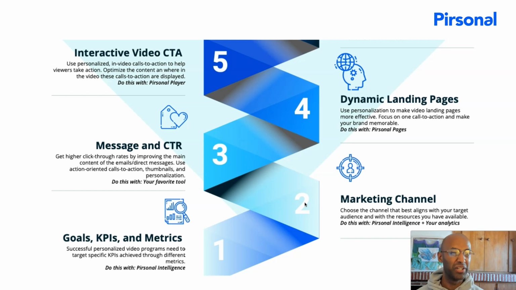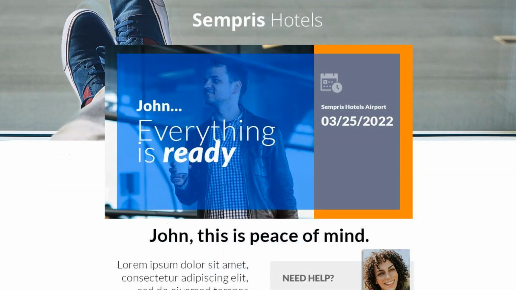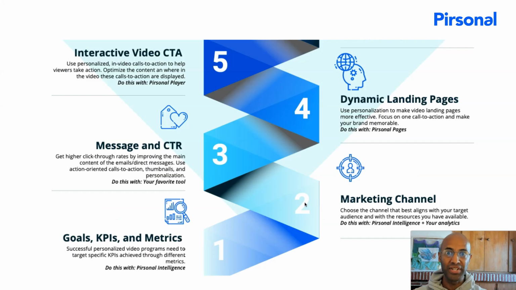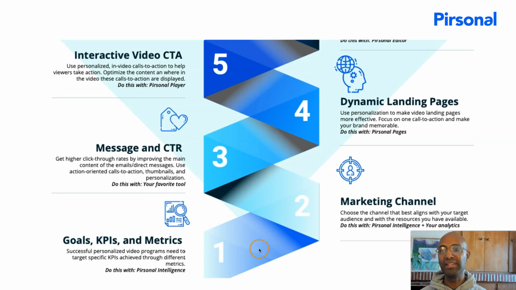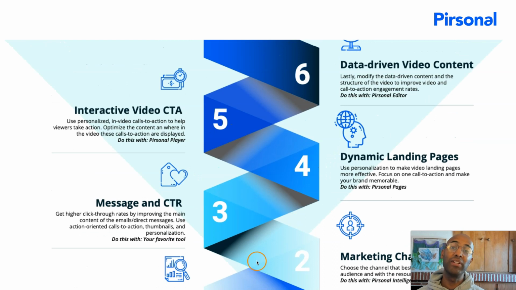Then the 4th area that usually requires optimization is the dynamic landing pages. Now, take into account that what I'm sharing here is the process we often follow, in this particular order, because in many cases, the optimization is related to the goals, then the communication channel, then the message, then the landing page, which is basically also related to the message you share in that landing page, so that you engage with about 5% of people that will land there and won't watch the video. It is important. Then the next step would be what we have here, the interactive video call to action.